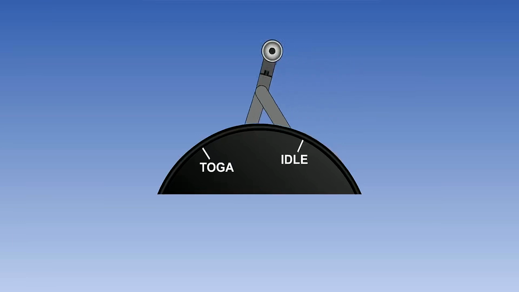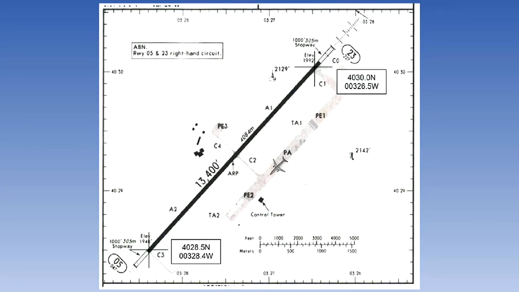As the takeoff roll is commenced, the throttles are advanced. The contact on the throttle quadrant is called the takeoff go-around switch or TOGA switch for short. Operation of the switch automatically updates the FMC position to the takeoff threshold. It is also possible to input a displaced threshold. Suppose that we do not need to use the whole runway length and have decided to take off from 2,300 feet past the threshold. In this case, the pilot inputs a correction factor for the displacement distance and the new position is automatically calculated by the computer as part of the update.